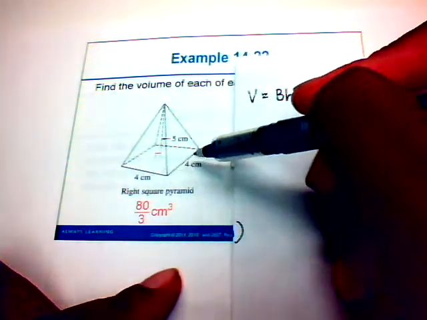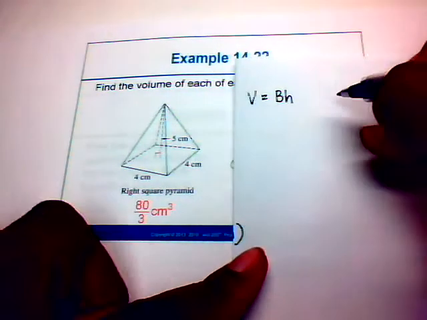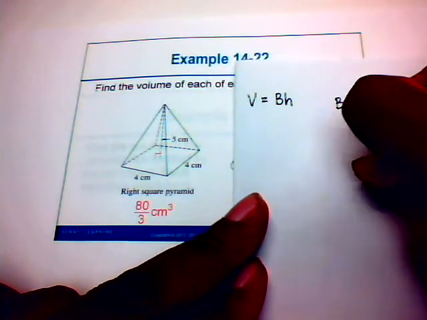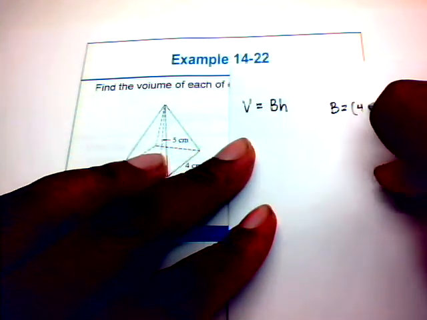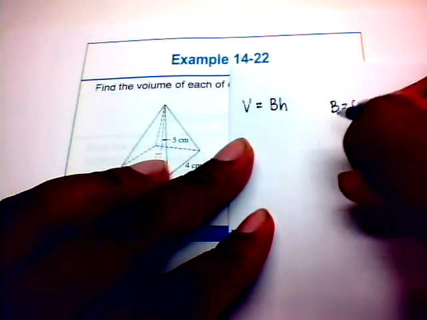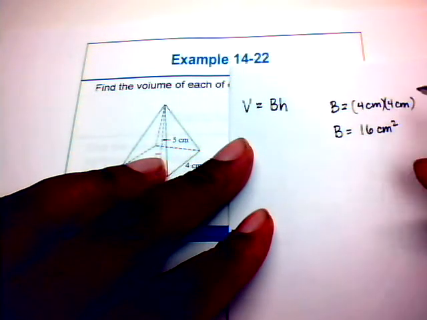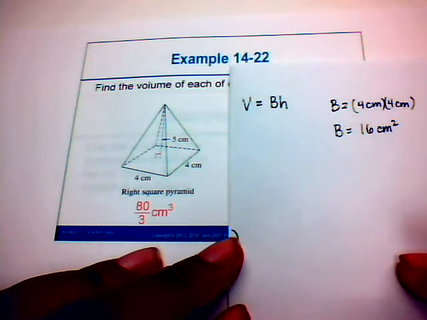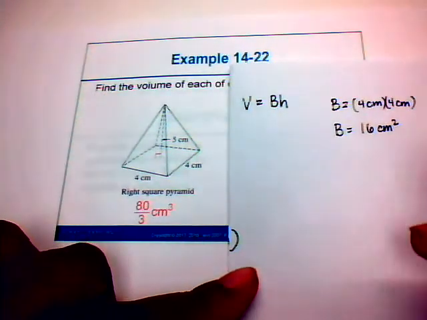Now the base is a square, because you're told it's a right square pyramid, so that base has an area of 4 times 4. So 4 centimeters times 4 centimeters, that's going to be 16 square centimeters. That's your base. And we got the height of 5, so,